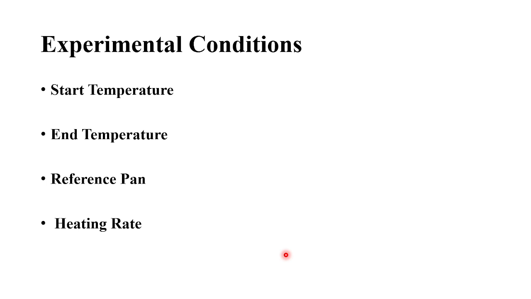Now, what are the experimental conditions you have to set prior to the testing? First, you should set the temperature range, from the lower temperature to the higher temperature. For example, in case of a rubbery material, or to know the Tg, you should set the temperature at minus 70, minus 50, minus 60, like that. And you may go for 300 degrees, 400 degrees, or above 400 degrees centigrade based on the material types